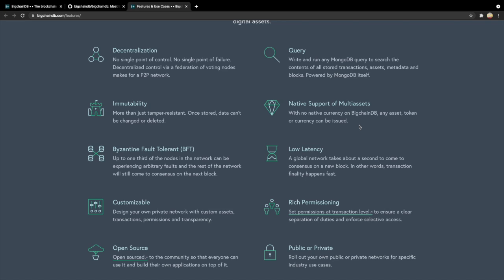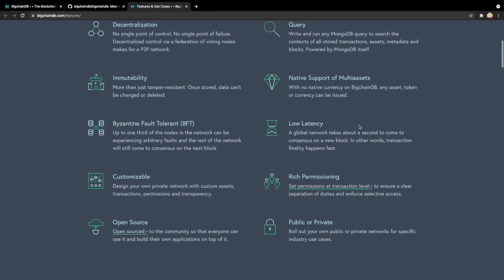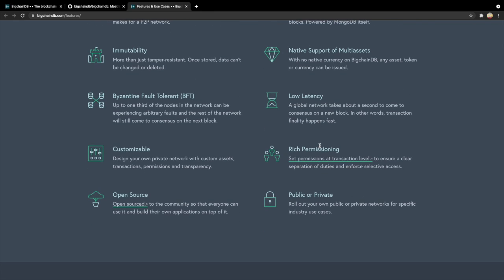Native support of multi-assets means you can use this database for maintaining assets, tokens or currencies. Low latency means that for all the 4 nodes where consensus is needed, it is generally taken care of within a fraction of a second, so you don't have to worry about latency if the number of nodes is high.